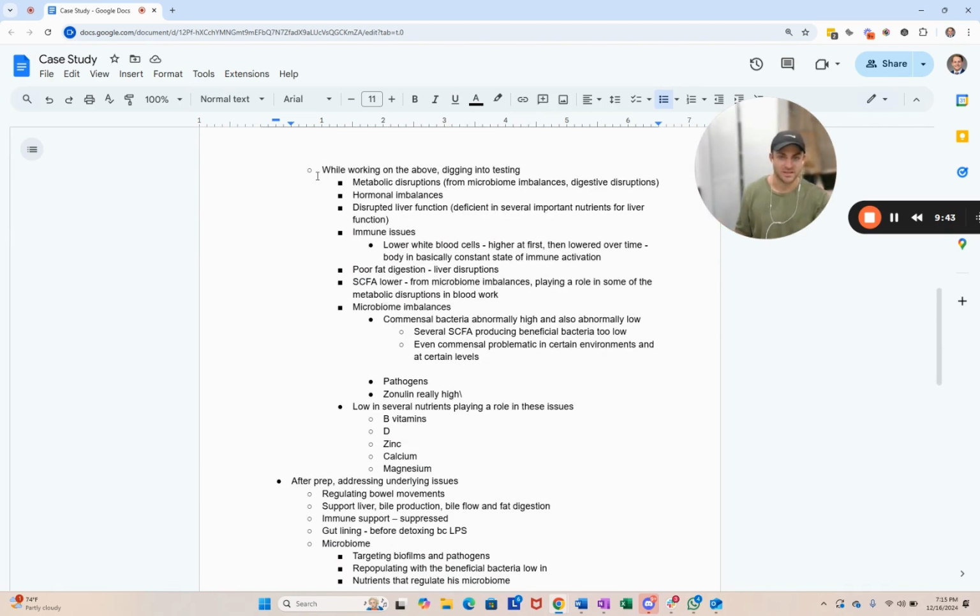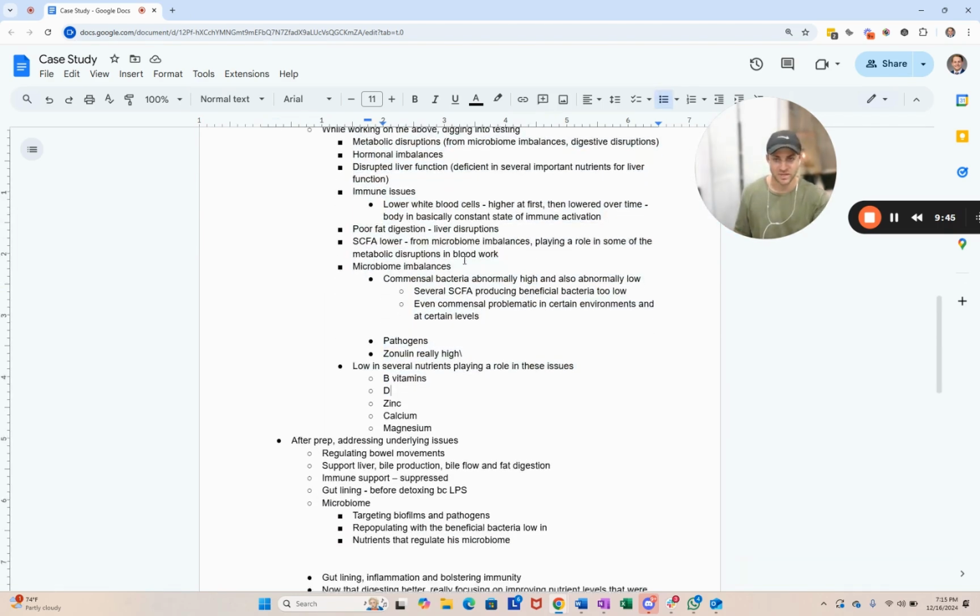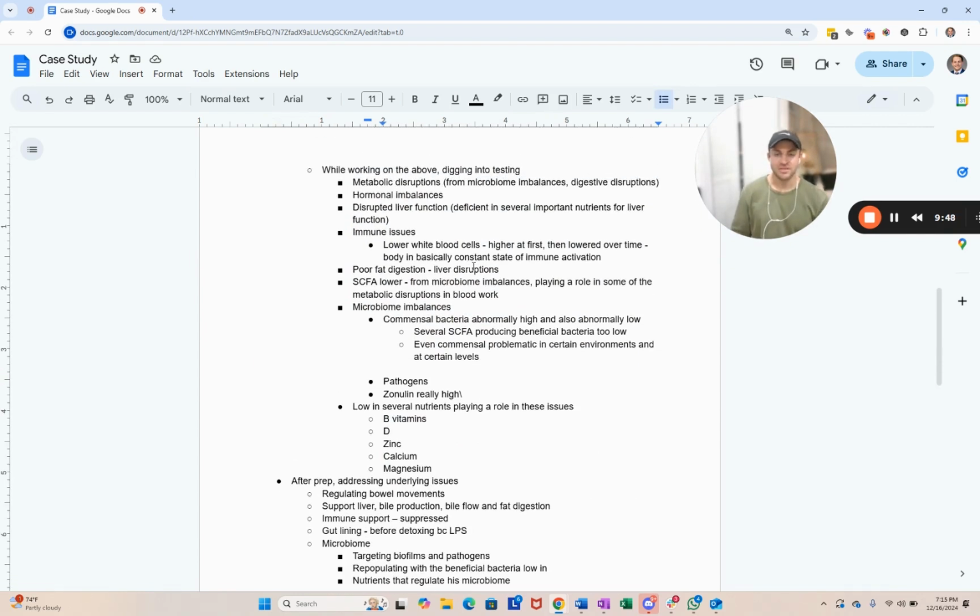We were also running testing. So we ran some blood work, we ran some stool testing. Most of this, I would say, were downstream effects of the issues he was dealing with. So like metabolic disruptions, low levels of short chain fatty acids, and imbalances in microbiome were likely playing a major role in that. Hormonal imbalances, the leaky gut, the dysbiosis playing a big role there. Disrupted liver function, there were probably a few things contributing to this. Admittedly, he drank a decent amount of alcohol, and there were some other lifestyle factors that probably played a role there,